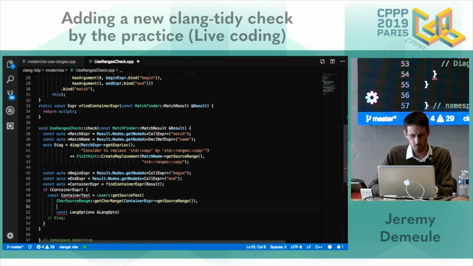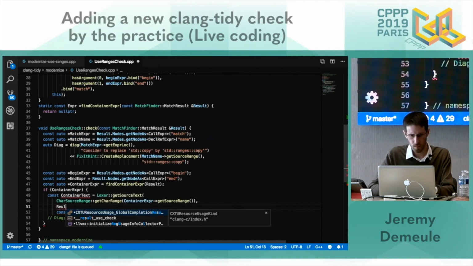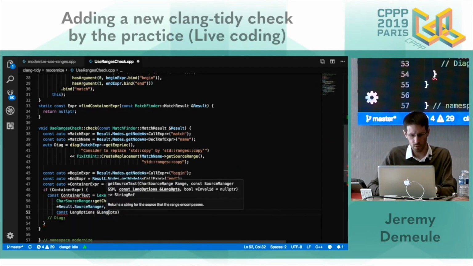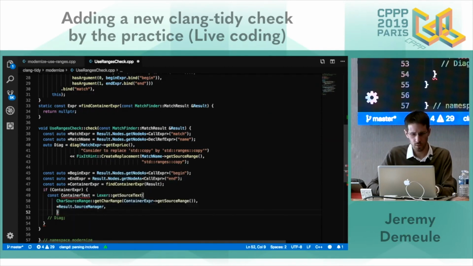I have also to give it where are the source and what is the language we are targeting. We can target C++11, C++14, or as Clang is a general C++ compiler, C, CUDA, or something else. So we have to give it what is the language we are currently using.